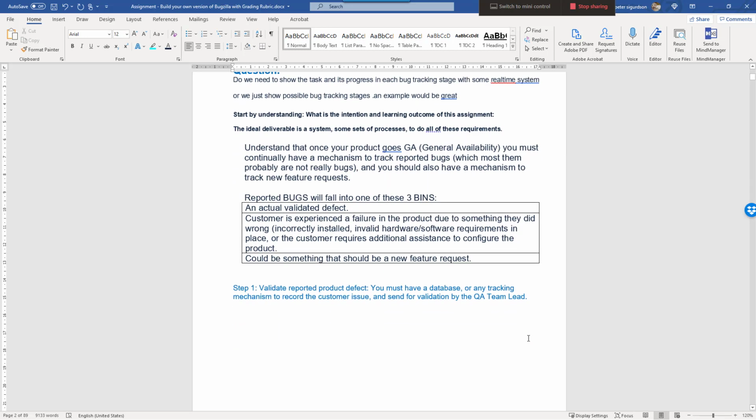And now, assuming you get to step 2 here, so now assuming it has been validated, it's really a defect, our software specification or our software quality metrics are being violated, it's a valid bug. So our software specification